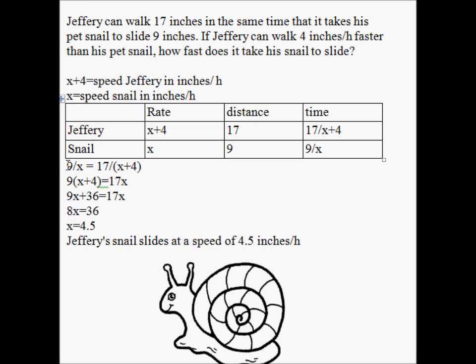Using this data, you can create a proportion, which would equal 9 over x equals 17 over x plus 4. After you cross multiply, you get 9 times (x plus 4) equals 17x. After you multiply this out, you get 9x plus 36 equals 17x. And if you do the math, you get 8x equals 36. And if you divide that out, you get x equals 4.5. So therefore, Jeffrey